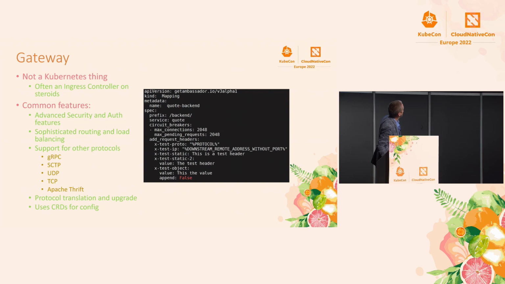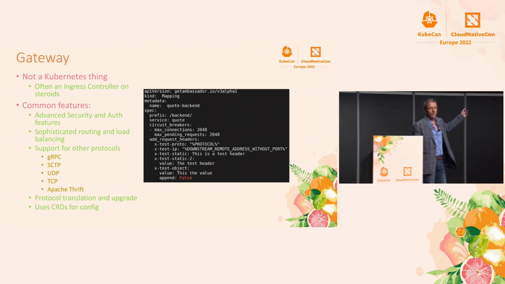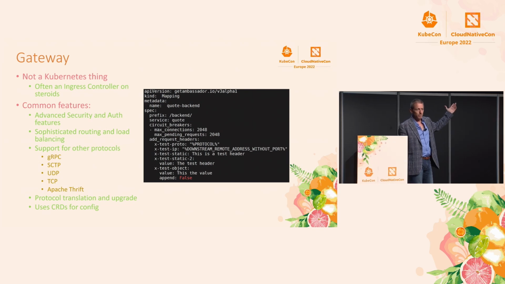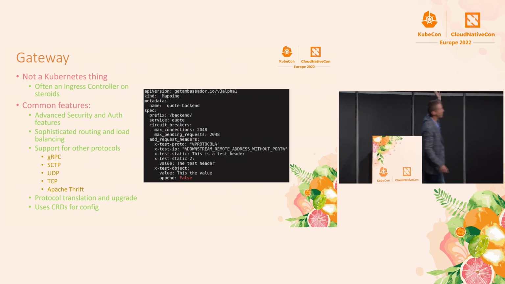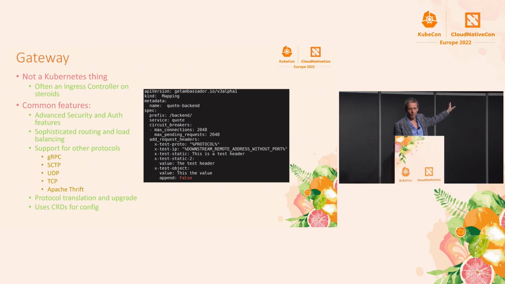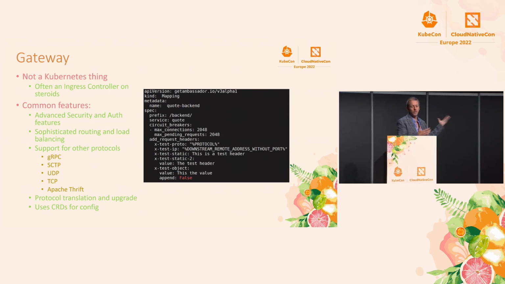And then the last thing is the gateway. This is an example of configuring a gateway. That's a custom resource definition. It's not part of Kubernetes, but Kubernetes gives you the ability to create your own resource definitions like this one. And this one gives you the ability to do things like inject headers and fancy stuff like control the maximum connections. None of that's supported in ingress, but emissary is super powerful and has all these kinds of advanced features, so we would call it typically a gateway.